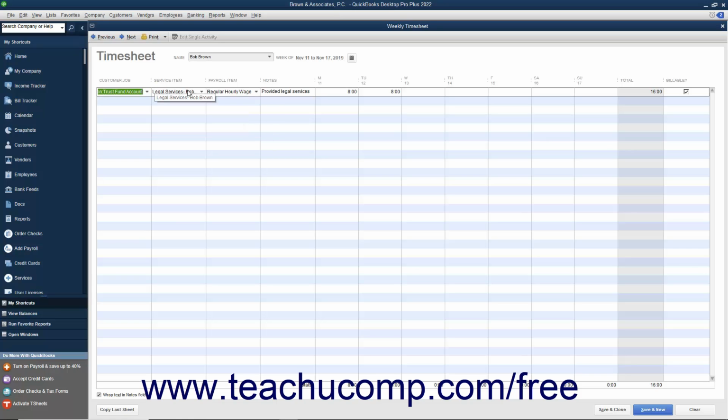Then enter the individual line items within the service column for each client's case or matter. If you will be paying the partner or paraprofessional from the time entered into the weekly timesheet, then select the type of earning they receive from the Payroll Item drop-down. Finally, you should set whether or not the time entered is billable by using the Billable column to indicate billable